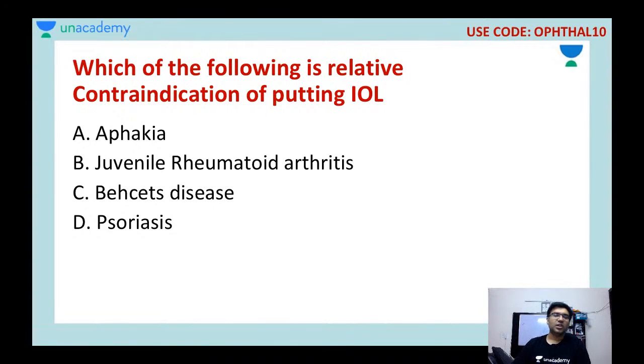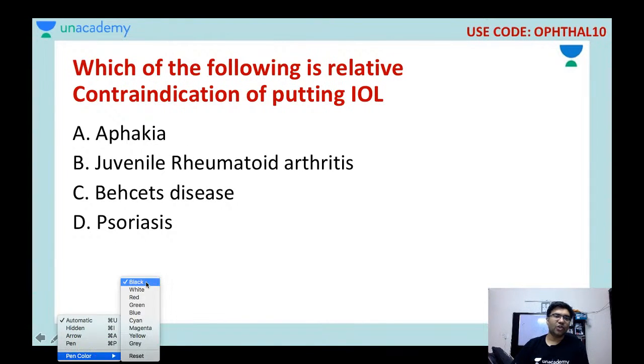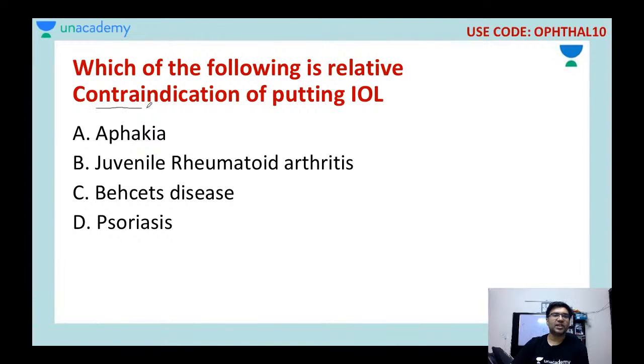Okay. Chalo. Continue with what I basically feel the best, that are the MCQs. My next question is, which of the following is a relative contraindication of putting an intraocular lens? So what is happening is that sometimes there is so much uveitis that if we put the intraocular lens, there